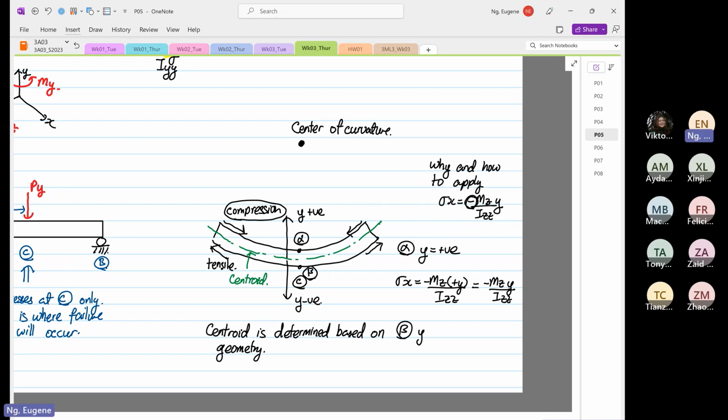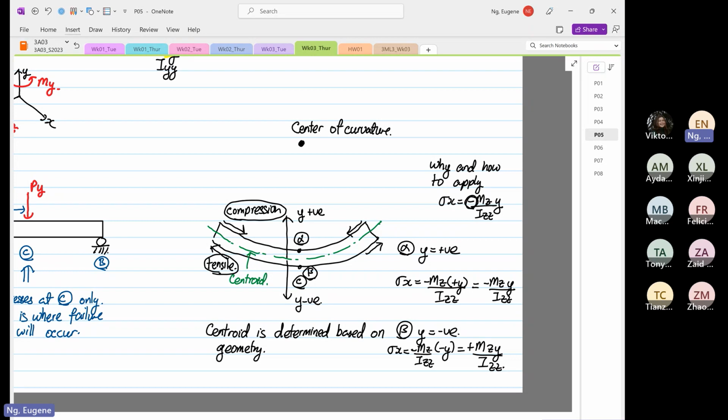Okay. Now we look at point beta. At point beta, y is equal to what? Negative. So stress X is equal to minus Mz over Izz multiplied by negative y. Negative and negative becomes what? Positive. Okay. So that is why at beta, our stress is tension. Now, I'm going to teach you an easier way to know whether it is tension or compression, or if you forget there's a minus sign. Because this one, you have to remember